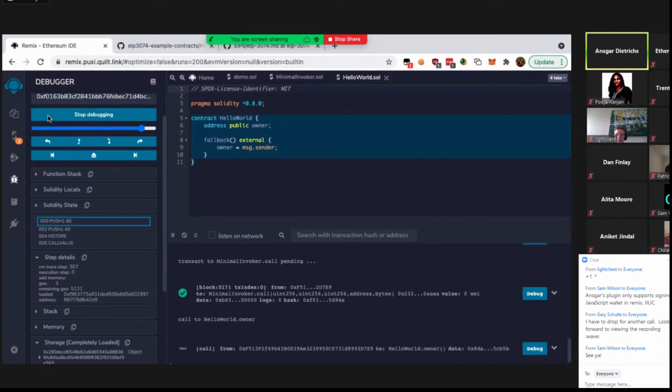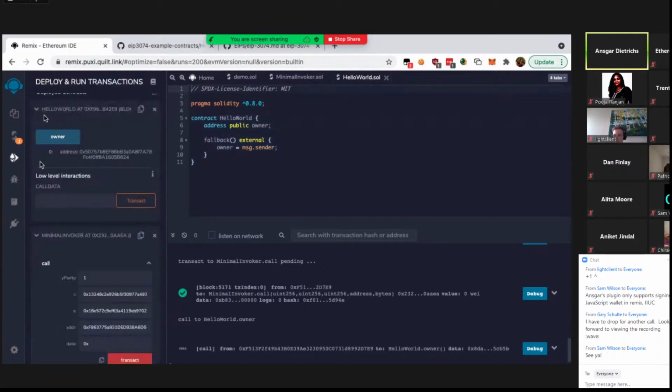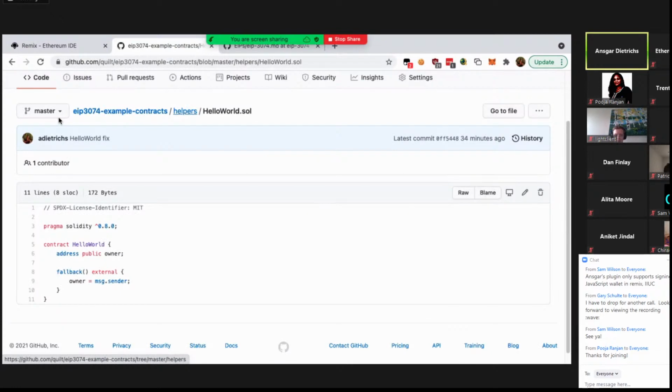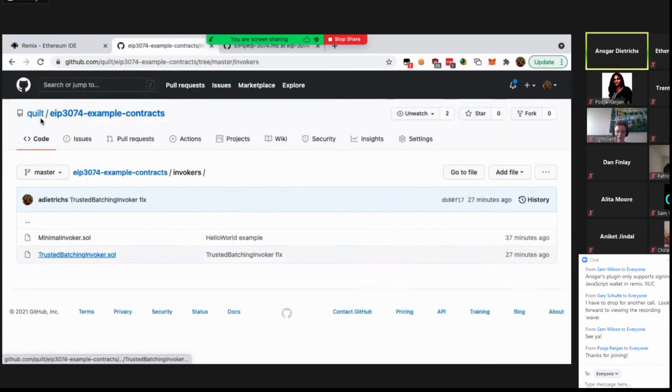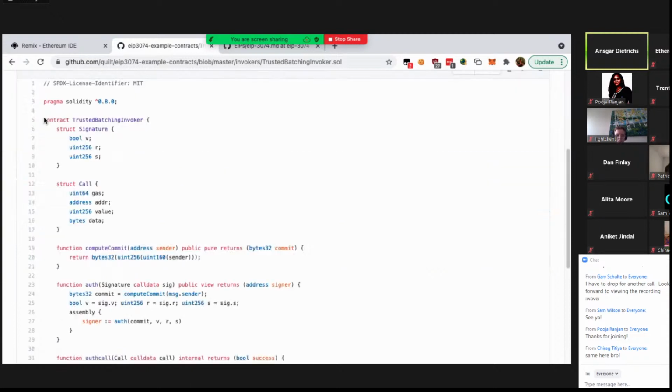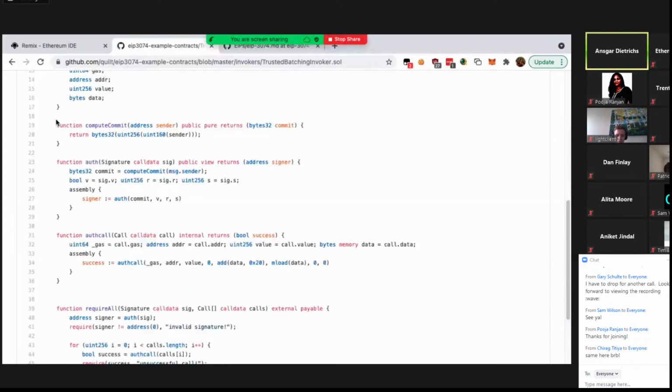Maybe I can very quickly show you an example. Stop me if this is terribly boring, that's fine as well, but I think it's a nice little thing. This time I'll deploy two Hello World contracts and a trusted batching invoker, and the trusted batching invoker will claim ownership of both of them in one transaction. Oh yeah, okay, this is still pending. And this, of course, would not be possible